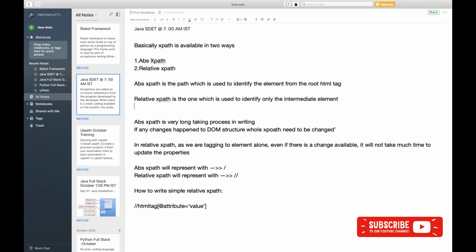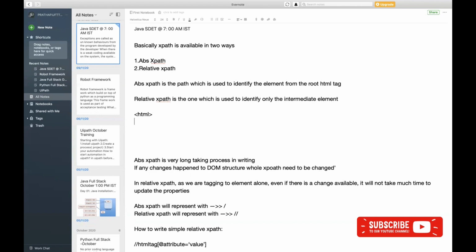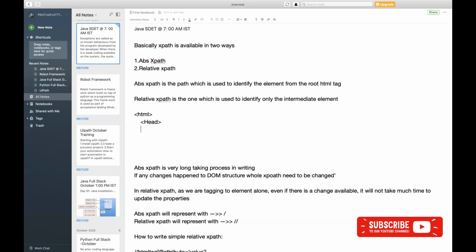So basically the HTML structure is going to look like this. HTML, right? The next one is called your head.